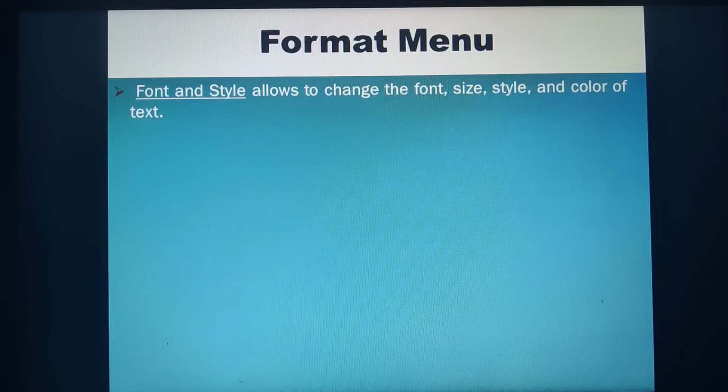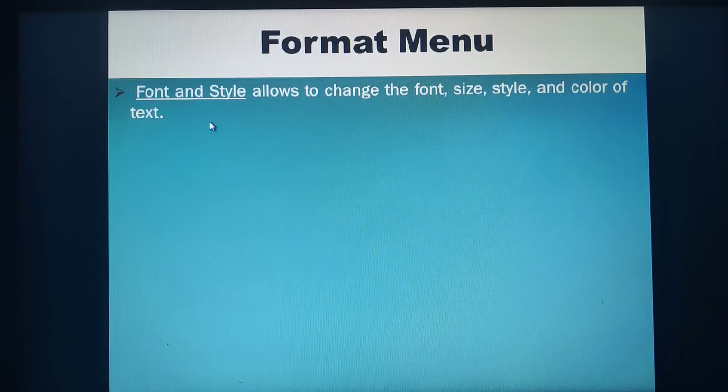Suppose you want to perform any formatting on the text, first we need to select the text on which we need to perform the formatting, so that we can change the font style, its size. We can even apply underline, make the text bold, italics. So formatting will apply to that particular selection, the text which we have selected. Now suppose we have not selected the text and we choose any of these formatting options, then the formatting will apply to the next text we are going to type further. Fine. So that is what formatting is.